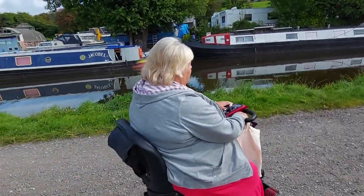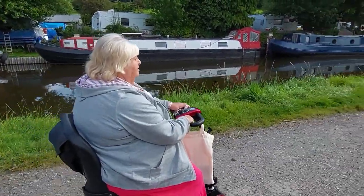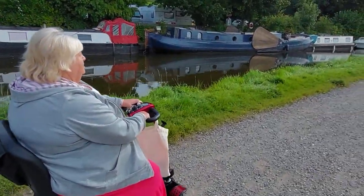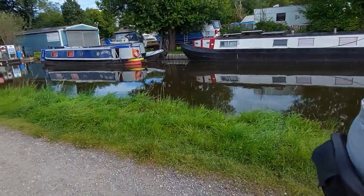Just recently we were in Keighley, and on our way back home we were passing through Bingley, so we decided, seeing it was such a nice day, that we'd call at the Five Rise Locks. Now, it's quite a few years since we've been here,